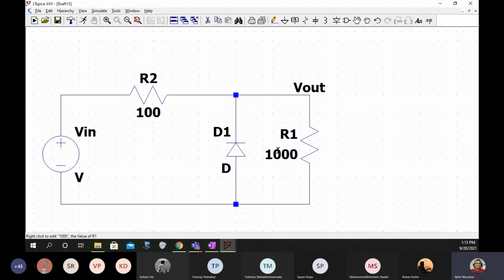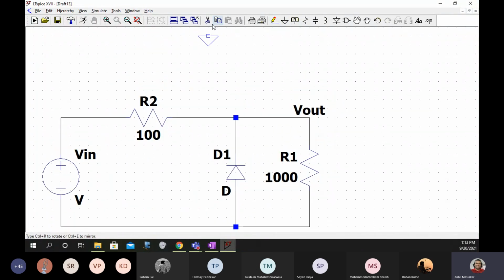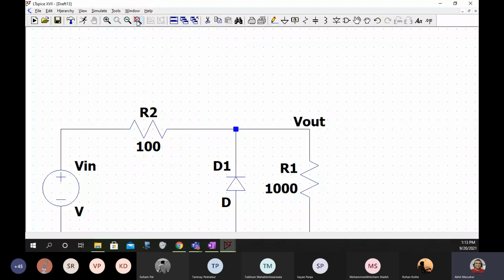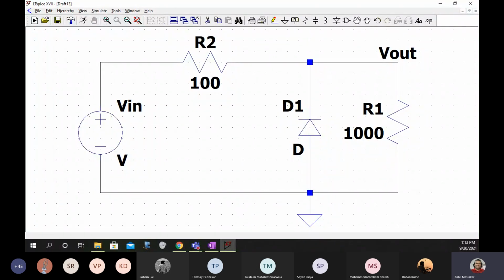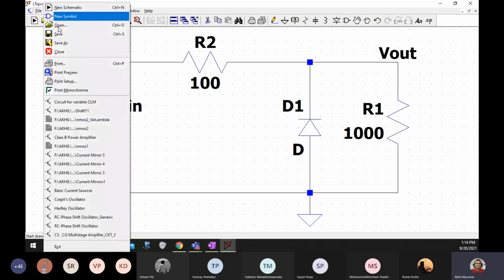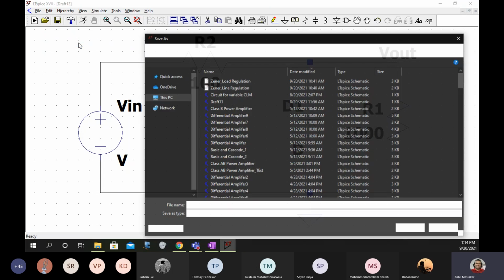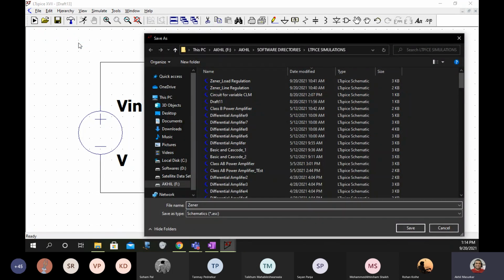And this diode, obviously you require a ground. Don't forget the ground, otherwise everything will go for a toss. First I want you all to make this much circuit and post in the chat box. Obviously you need to save this. Save as, you can say Zener line regulation.